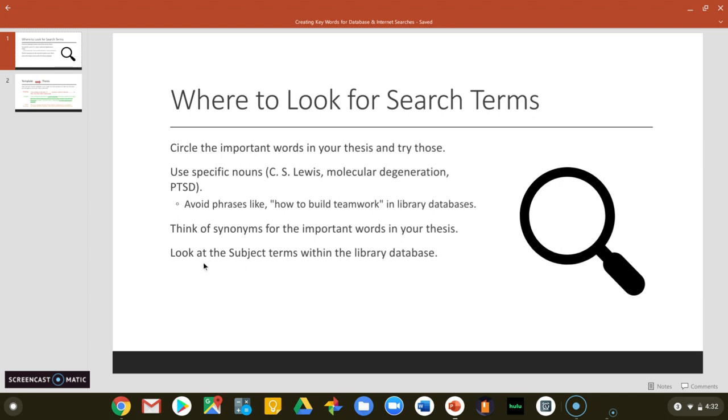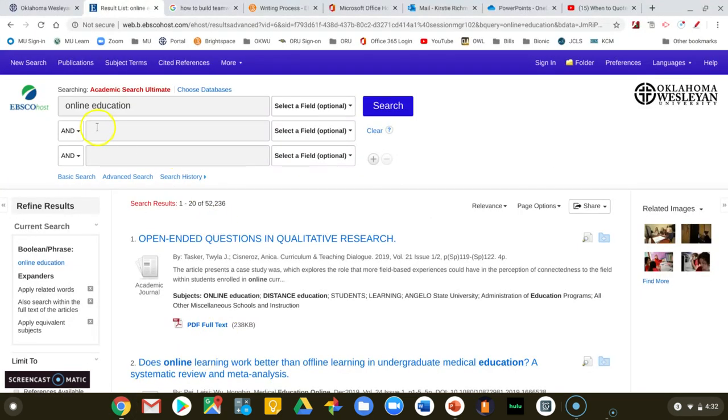And then fourth, look at the subject terms within the library database. All right, so I went to the library database, EBSCOhost, and I searched online education, and these are the results that came up. If I look at the subject terms, I'll see that my subject term, online education, came up, but I also see some other subject terms that were related to this article, and one of them is distance education. So this sounds like a pretty close synonym to online education, and I might try searching distance education to see if I can get some more results or results that are closer to what I need for my research